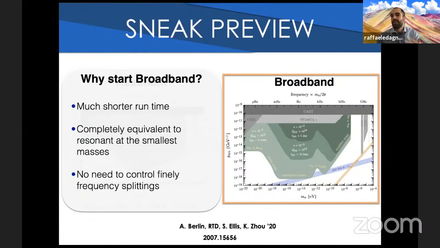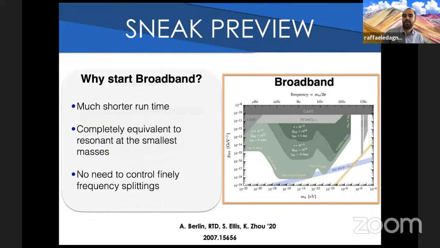Also, when the axion mass is smaller than the bandwidth of the resonator, it's actually a resonant experiment. So it's the same as the previous one. In fact, the 2 sensitivities are completely the same in this region at ultralight axion masses, where the sensitivity is flat. And secondly, it's also technically less challenging because you don't need to control frequencies as precisely as in the